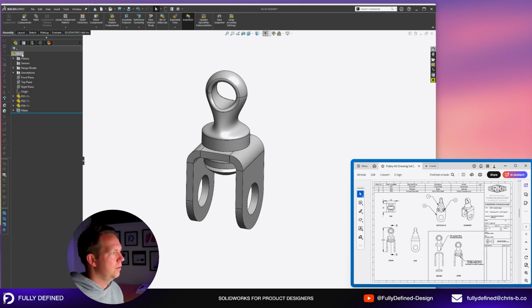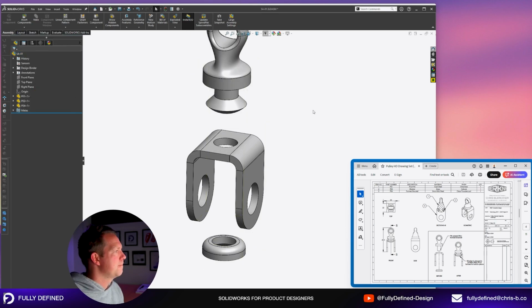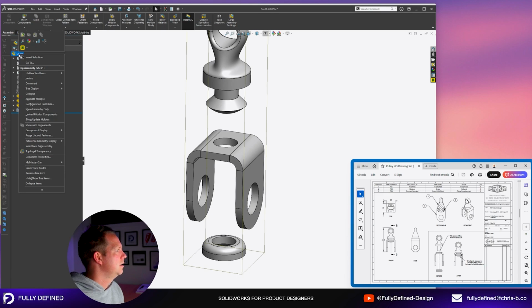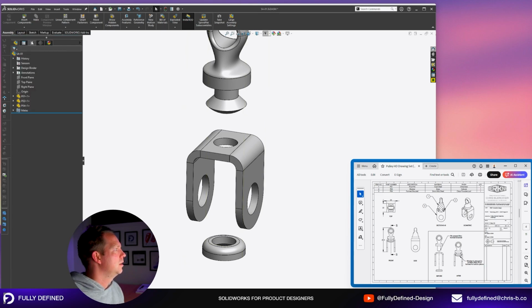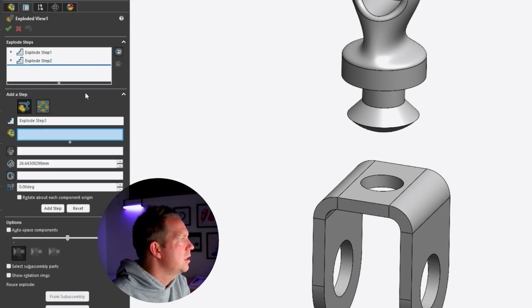To get back to your exploded view, you can right-click on the sub-assembly and go explode. That'll take you back. Now, to see where that's saved, or if you want to edit your exploded view, you click on this configuration manager at the top of the screen, and then under default 1, there'll be a little drop down, and then you can see exploded view 1, and then under that you can see all of the steps. To edit it, you right click and go edit feature, and that will enable you to edit your